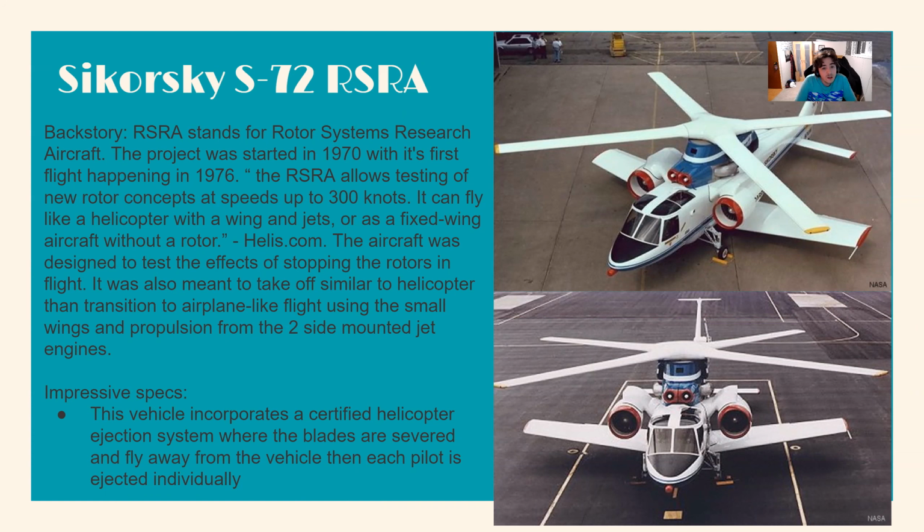The aircraft was designed to test the effects of stopping the rotors in flight, and it was also meant to take off, similar to a helicopter, then transition to airplane-like flight using the small wings and propulsion from the two side-mounted jet engines. The most impressive thing about this vehicle is that it incorporates a certified helicopter ejection system where the blades would be severed by